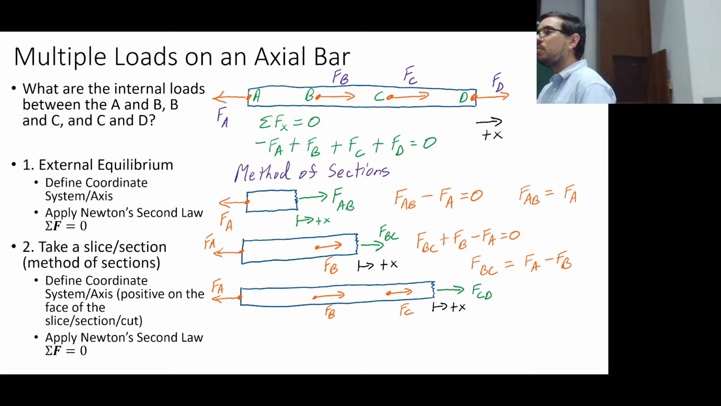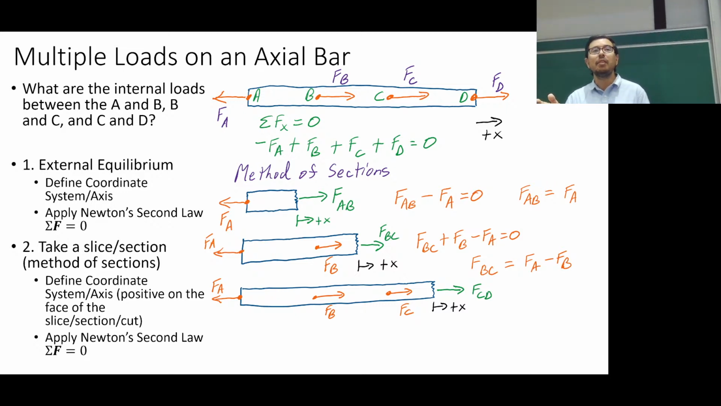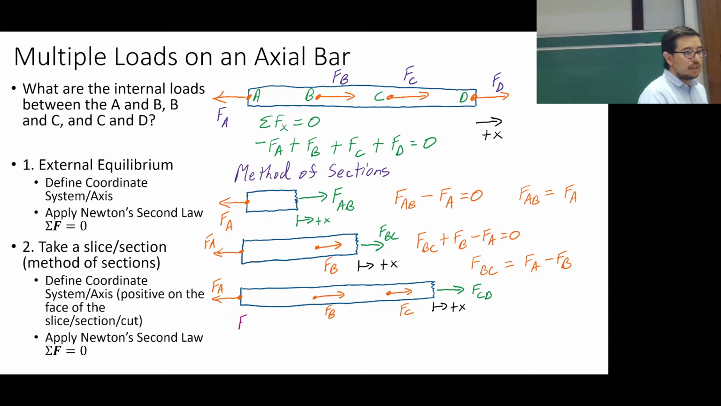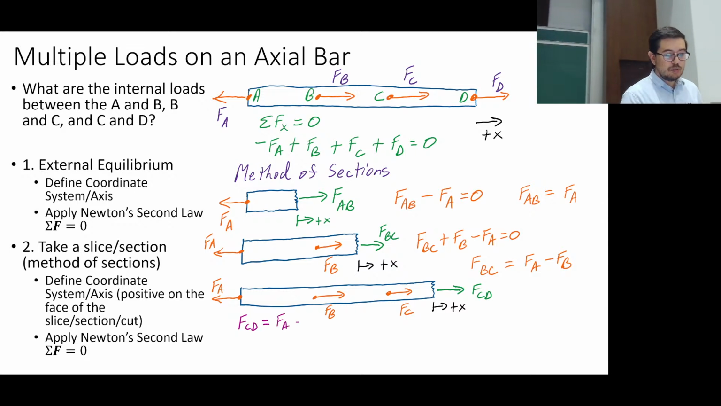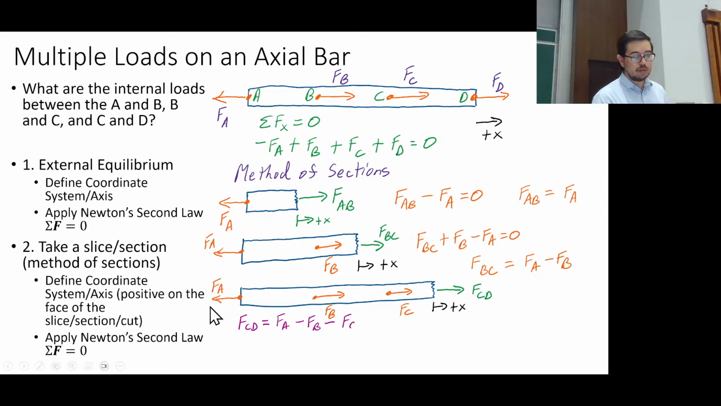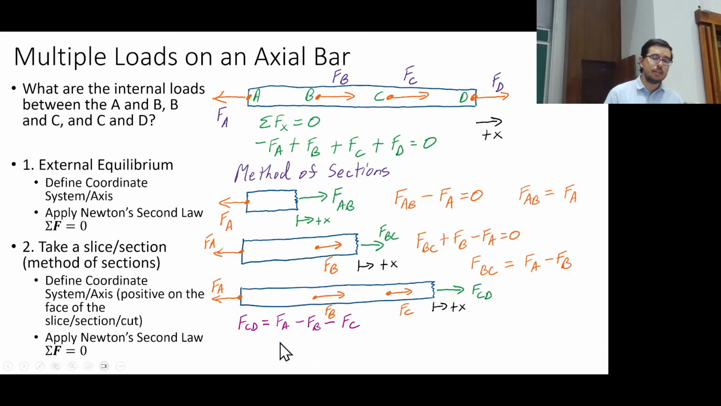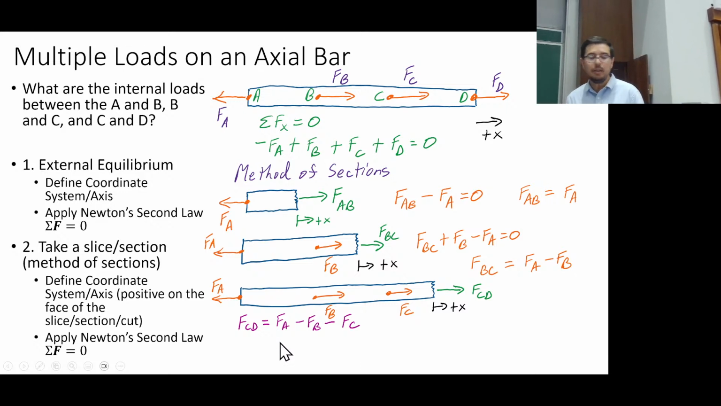We have a coordinate system, plus X. We have FCD. We can then write minus FA plus FB plus FC plus FCD is equal to 0, which means that FCD is equal to FA minus FB minus FC. Okay, and